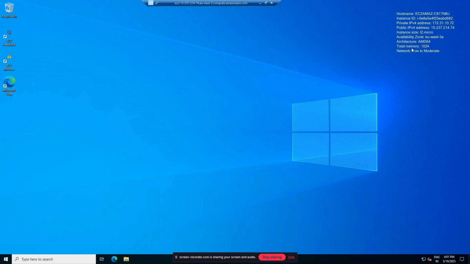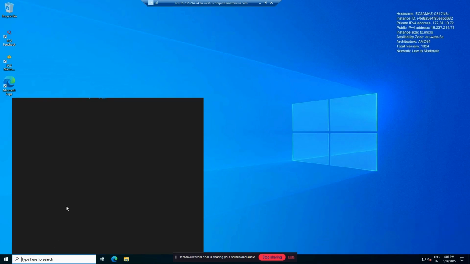And architecture AMD64 and total memory is 1024 and all that. And network connectivity is there. So I'm able to connect to the internet. It is connected to the internet. So next we can go to